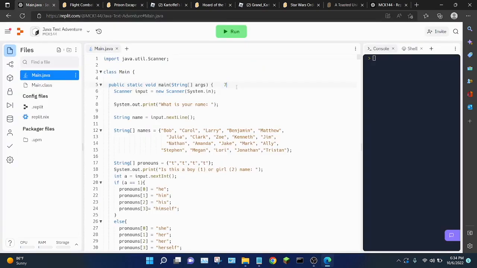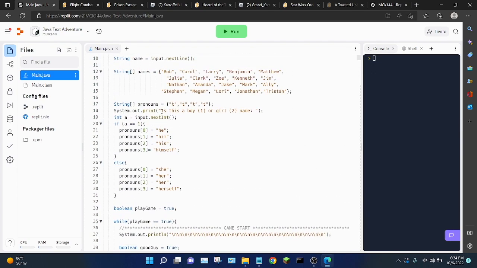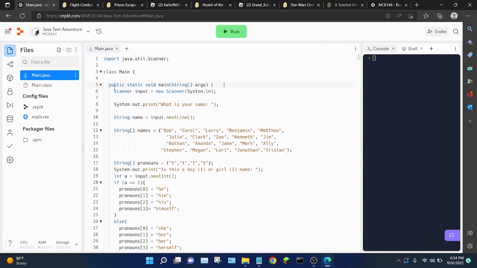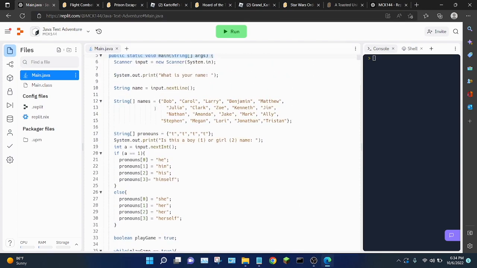The next game on the list is my Java text adventure game. This is the only game I've ever coded in Java, just because I don't really like this programming language. It's just an awkward mix of C# and C++. It's just really weird. Don't see the point of it. But I did teach a class on it, and this is the game that I made.